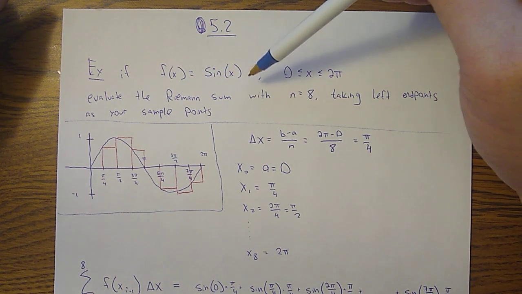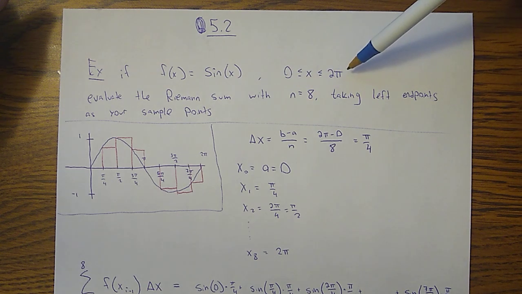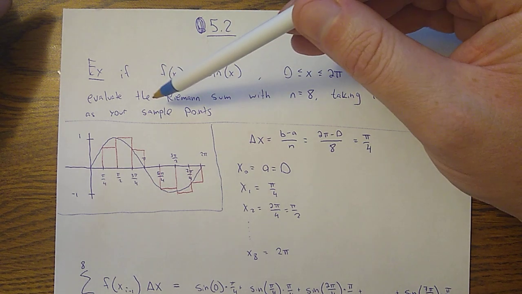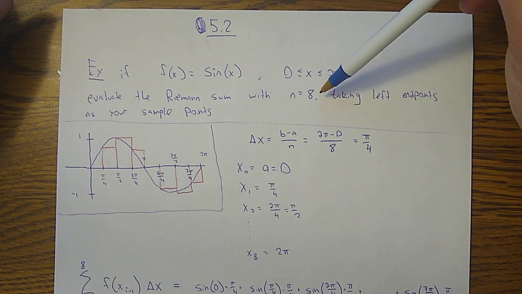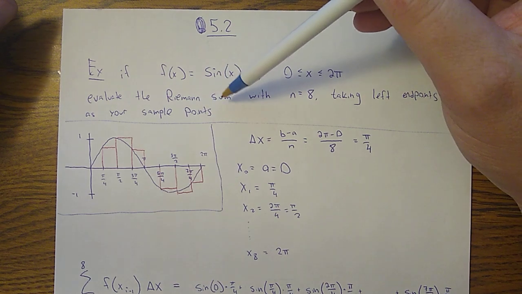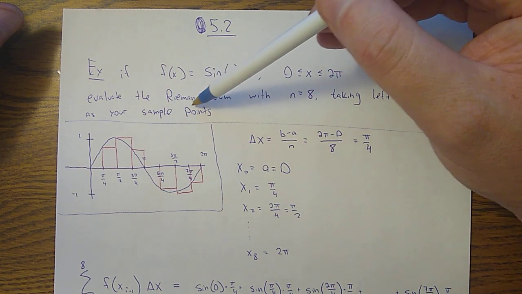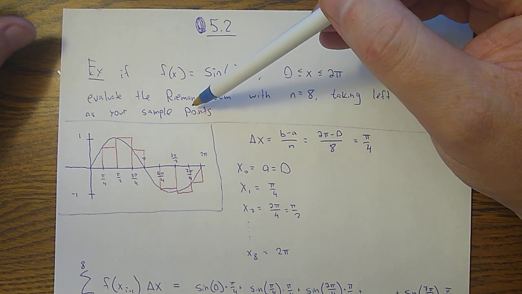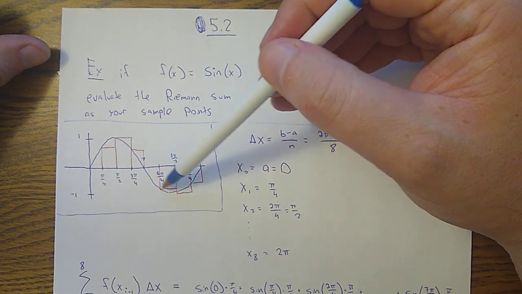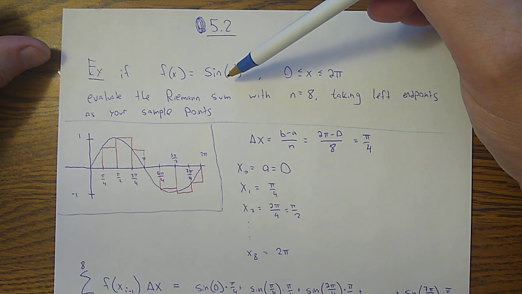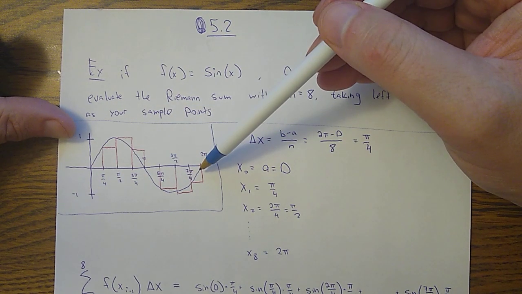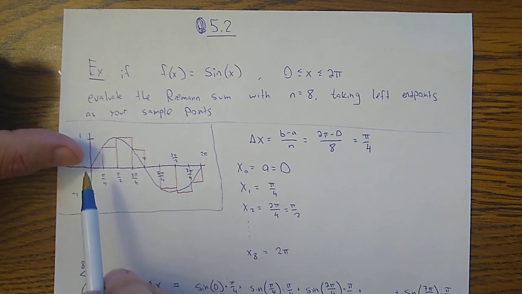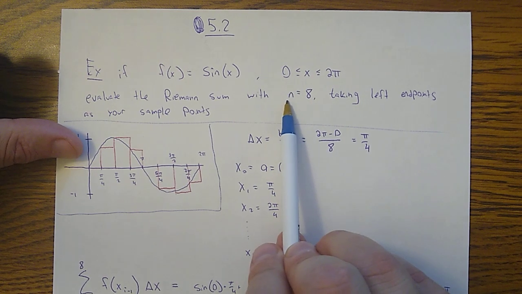So we're given a function and an interval, x is from 0 to 2 pi, and we're going to evaluate what we call a Riemann sum with n equals 8. So a Riemann sum, maybe that's a new word, but those are the types of sums that we were doing last time. Here I graphed the function f of x equals sine x over the interval from 0 to 2 pi. I broke it up into 8 subintervals,